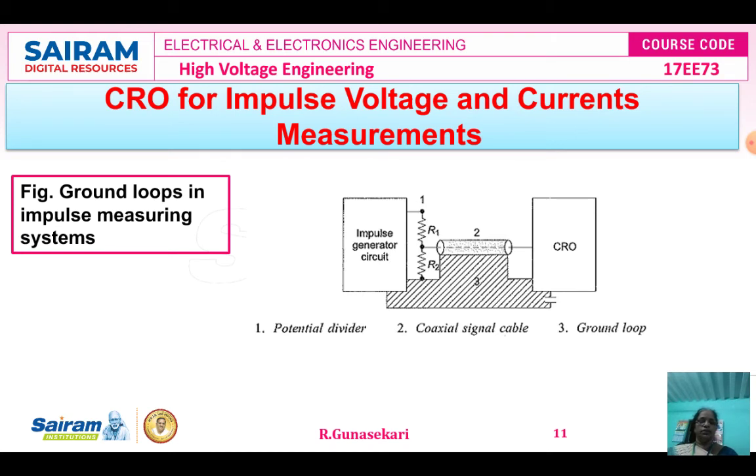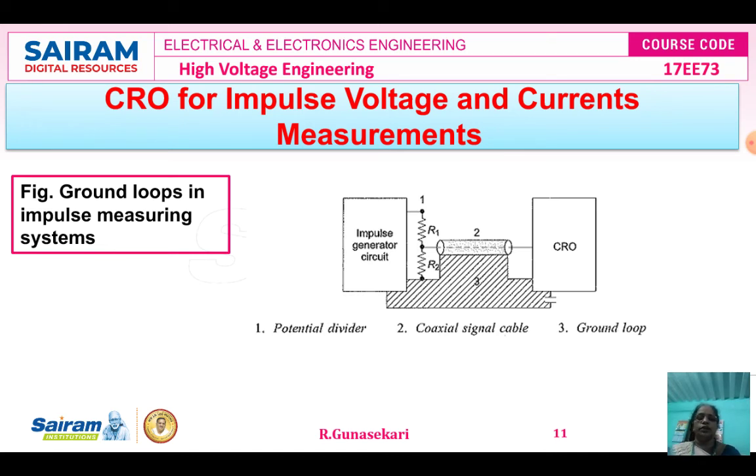The cable distortion has to be eliminated as far as possible. The cable sheaths also generate noise voltages due to the ground loop currents and due to the electromagnetic coupling from conductors. Now you see the ground loop current and its path is indicated in the diagram. So to eliminate the noise voltage, a multiple shielding arrangement is shown in the figure.